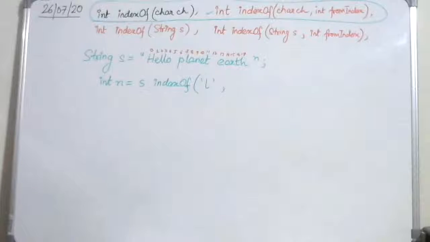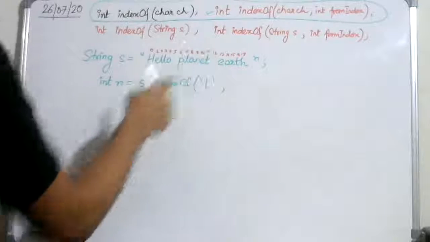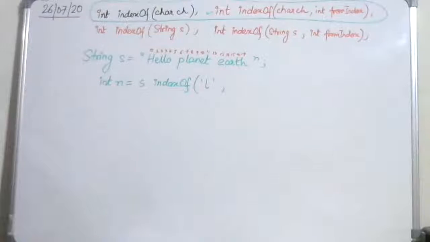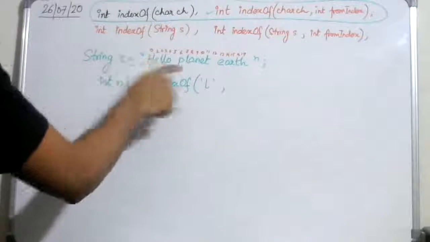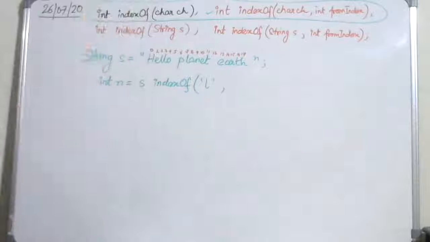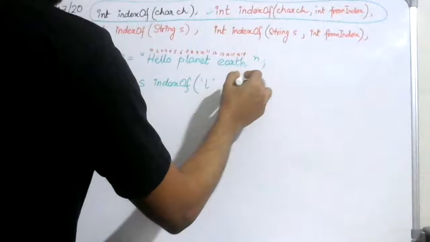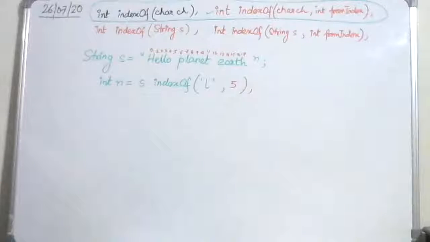You can also do it on your own if you write it down in your copy. Start counting from 0 and also count the spaces in between. Those are valid characters. This is how the indexing is done. Now let's say I do not want to start from the 0th position as was being done in the first version of indexOf. I want to start at my customized index number. So let's say I want to start from 5. I want to start searching for the character L from the position starting at 5.